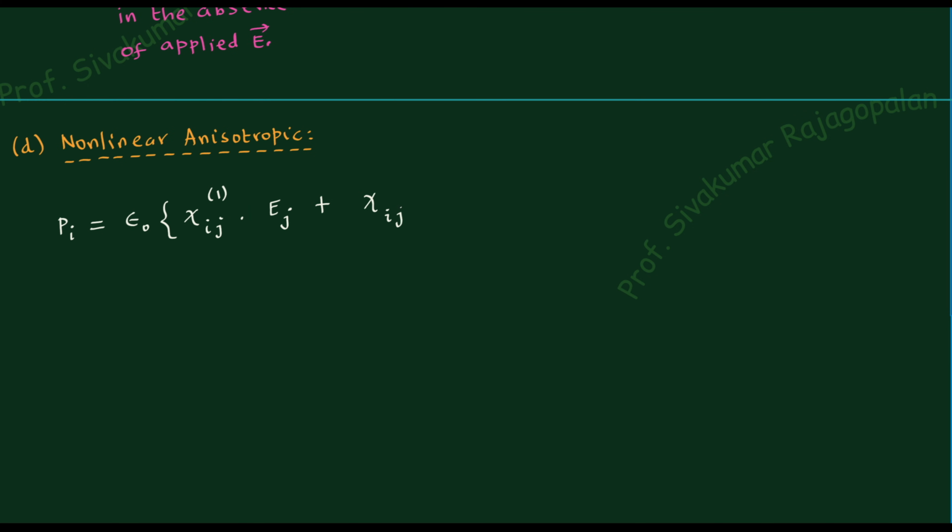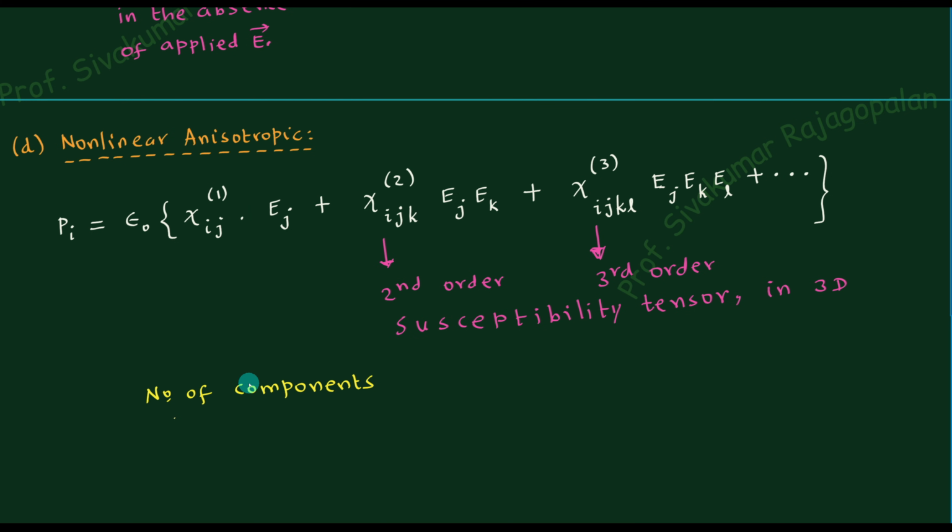So therefore I'll write down the second order susceptibility multiplied by the second power of the electric field, plus the third order susceptibility, and then I put the third power of the electric field, plus etc., like that. You'll have to repeat, and then the entire thing, and that's all about it. So let me give the labeling like second order, third order. Let me write it down first of all, then it will be easy to explain. And the number of components I already explained, but I would like to explain it once again, so I am writing it here.